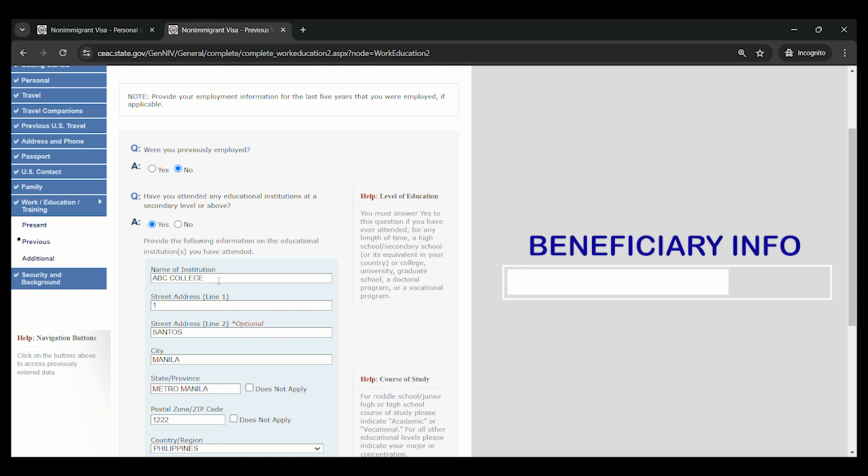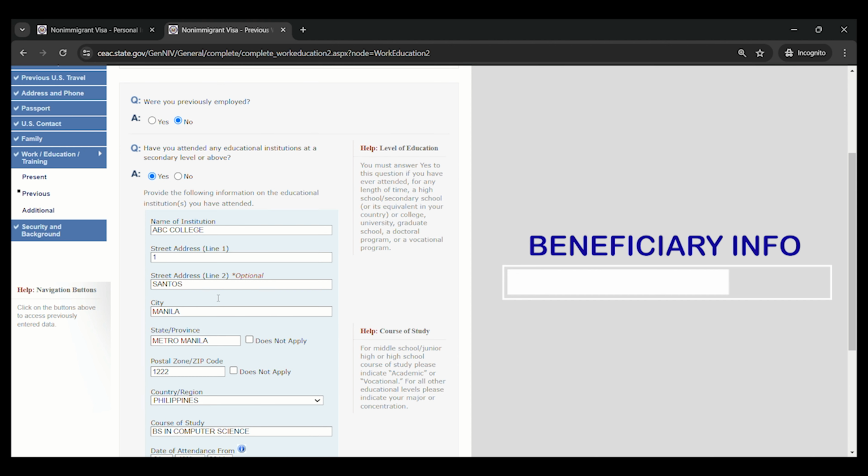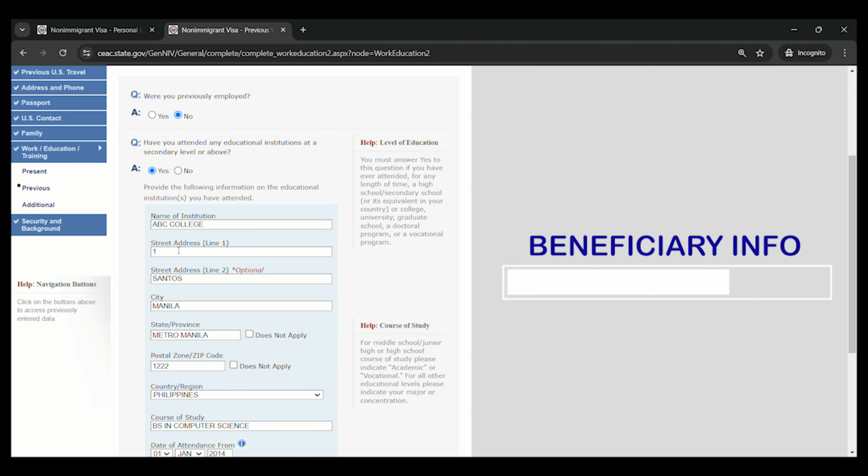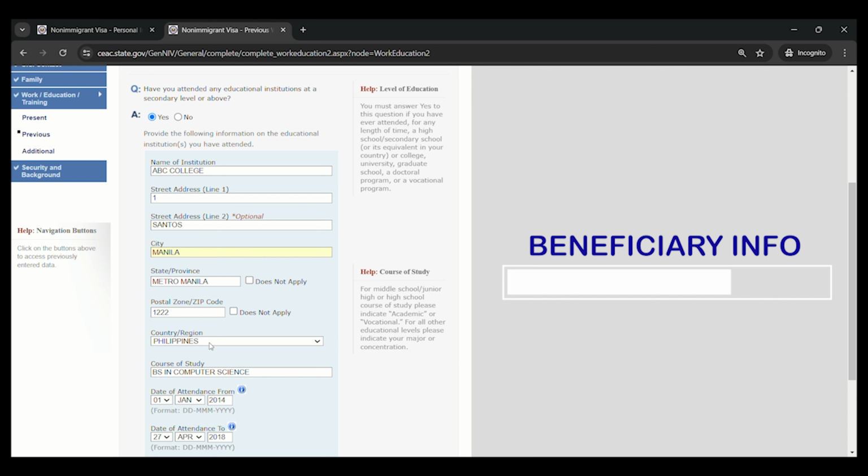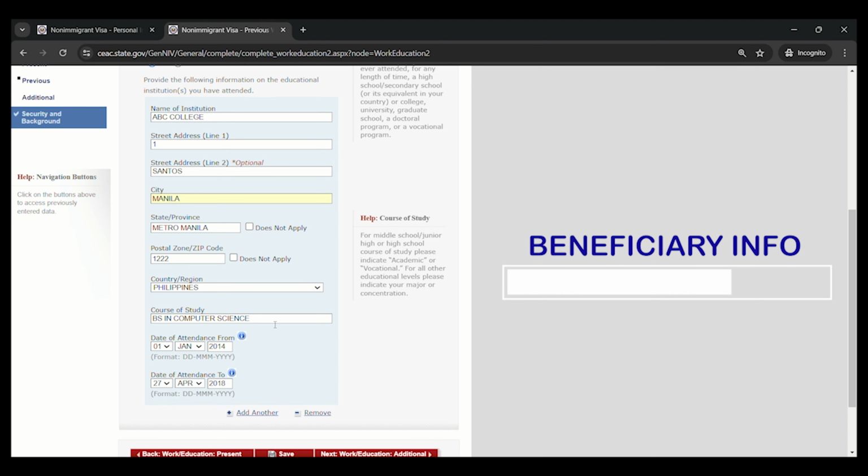So provide the name of the school and the course you're attending. For example, college, ABC College, address is in Manila, Philippines. My course of study is computer science, and then date of attendance from and date of attendance to, or when did you finish your field of study.